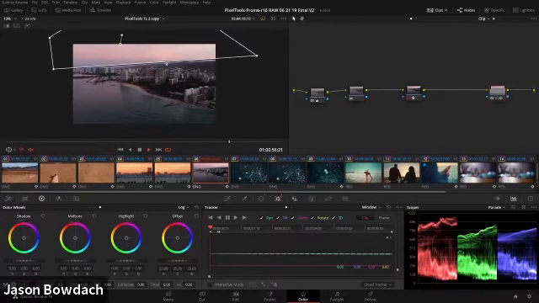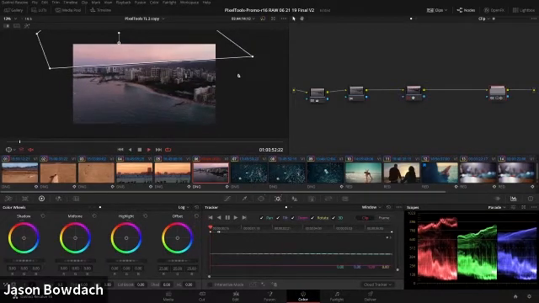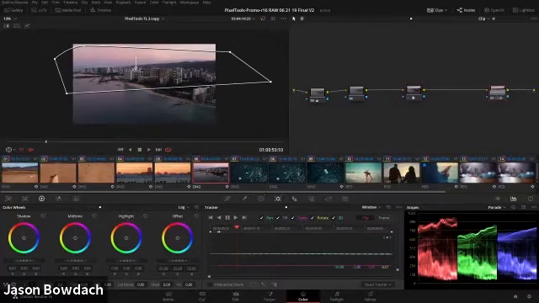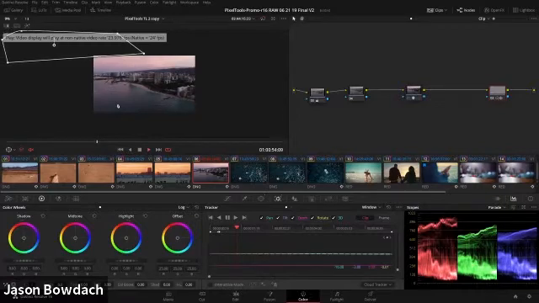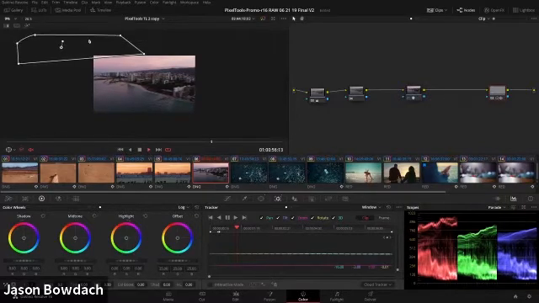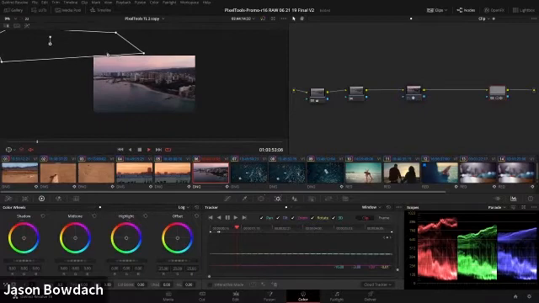So that's one of the things also: if you're tracking in Resolve and you're not able to get a track that you need to, you can always track it on something else. You can make the mask smaller, you can make the mask larger, you can make it another size. And once you've got your track data, you can move the mask around. It's going to remember what it was and what the track data was. So I can move this out here and you can see it's still going to follow approximately based off the movement that I did.